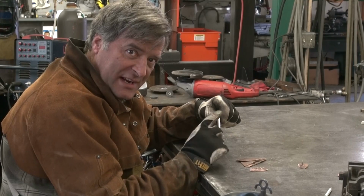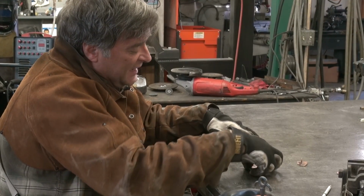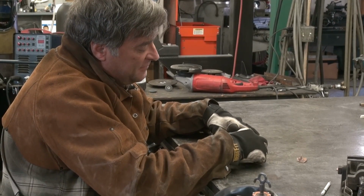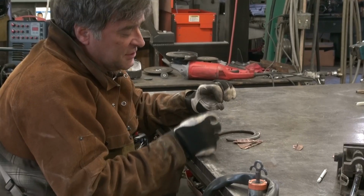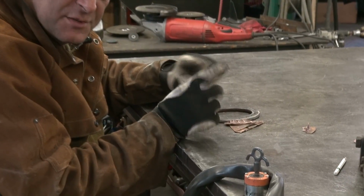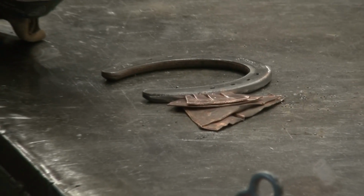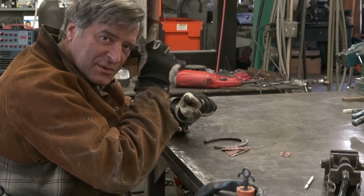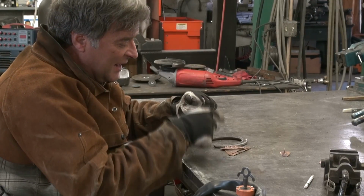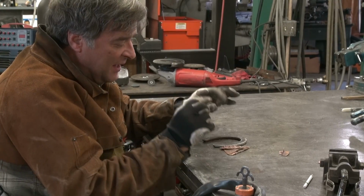There's a couple of different ways that I've found that this works pretty well. One is to just simply jig it up and just go ahead and weld it. Just put a little spot on there. Turn your welder up to kill, basically. You're going to want a whole bunch of amps here. So turn that welder up. You're going to get that horseshoe hot, get it molten, get it ready to start to flow. And